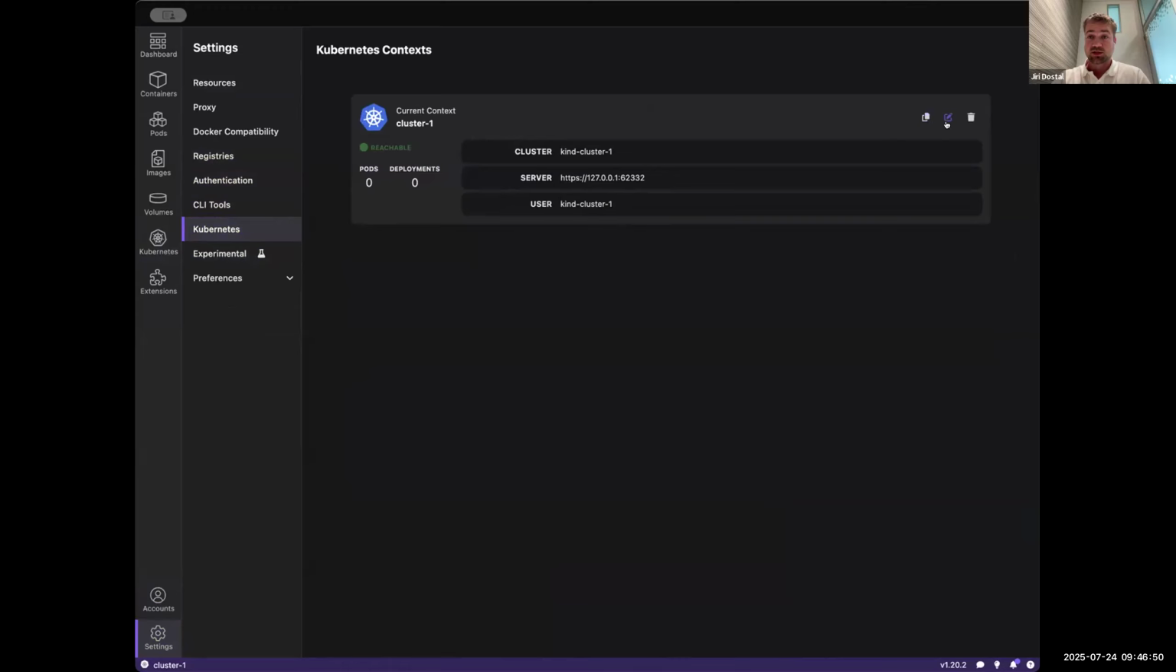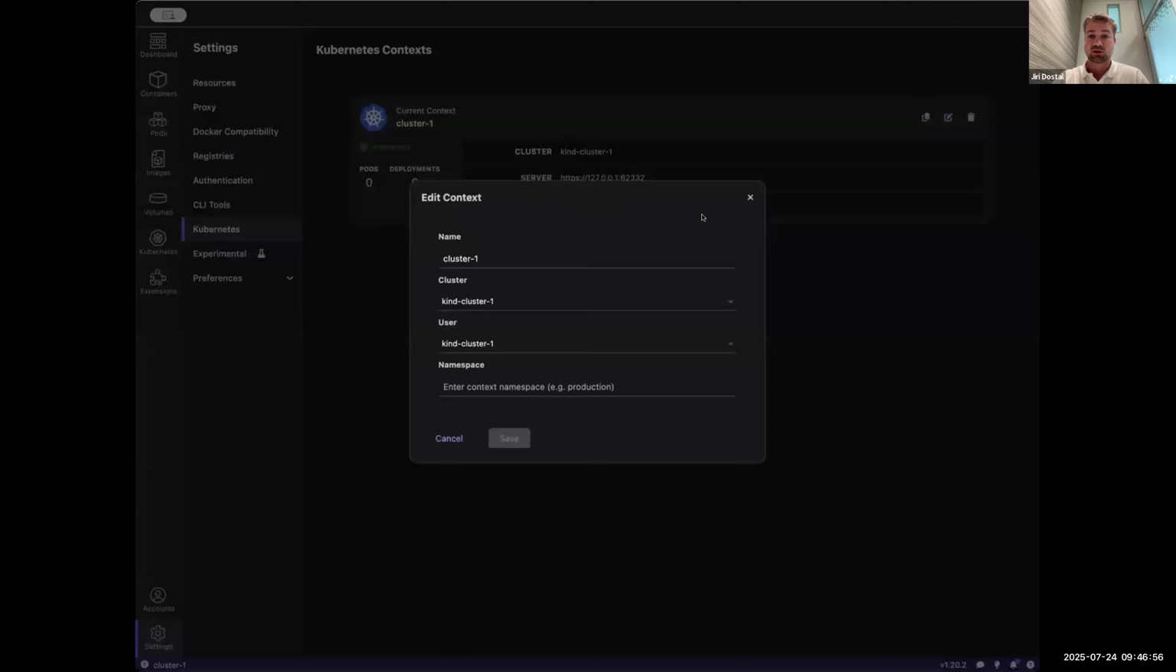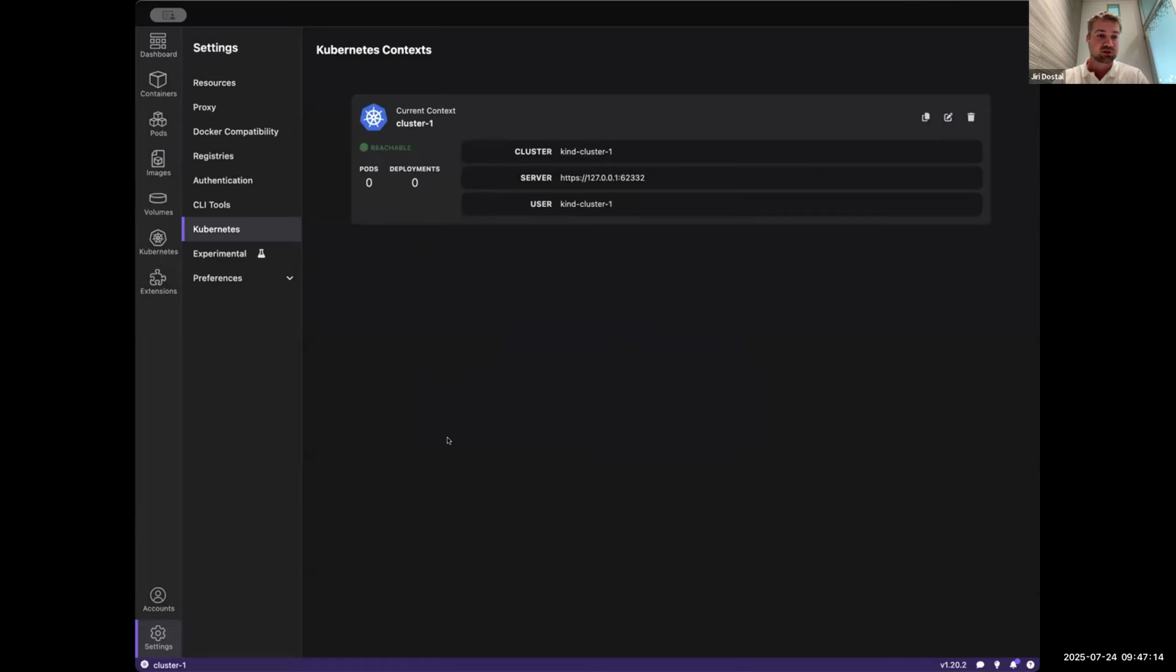What is new is that you have some advanced options on how to edit the context. So when you click this button that was used just to rename the context, you can now select assignment to a cluster as well as user. When I have just one cluster, it doesn't seem like a super useful thing, but just for demonstrational purposes, let me